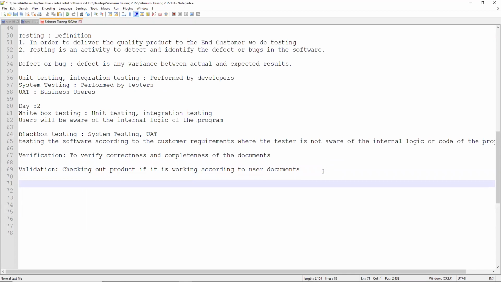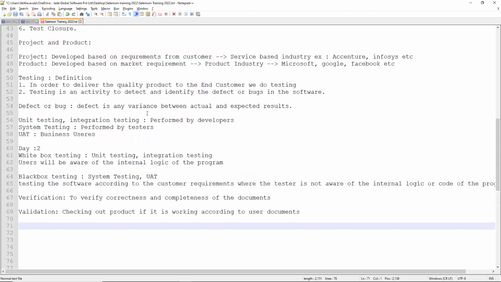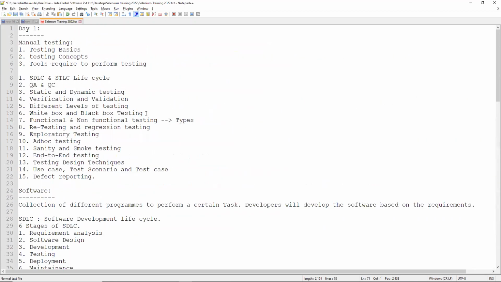What is SRS? What does SRS contain? What is a review? What is an inspection? What is a walkthrough? Each and every one, I will give you the detailed definitions and share the document by the end of the day. So if you go here, yes, we need to write the test cases